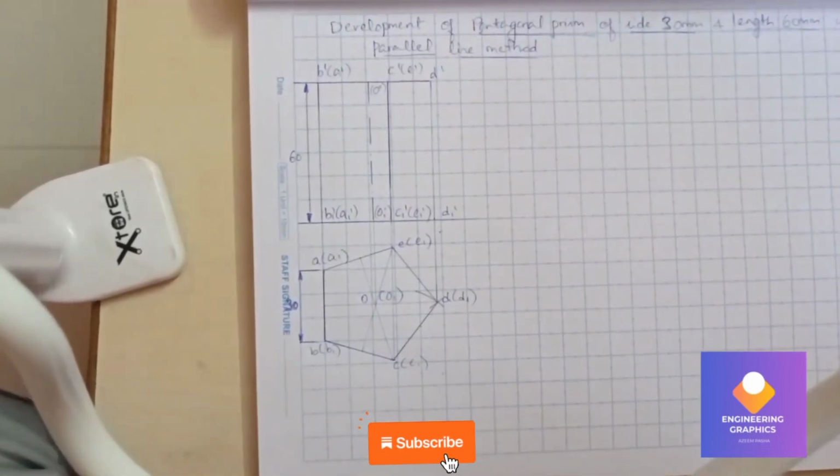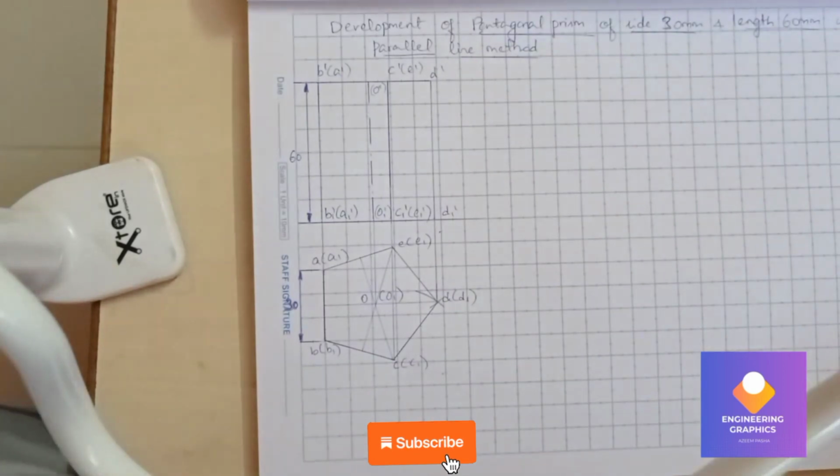Okay, so development of a pentagonal prism of side 30 mm and length 60 mm using the parallel line method. So how do we project? You can see here I have constructed the top and front view of a pentagonal prism, and now we have to construct the development of this. So how we do it is